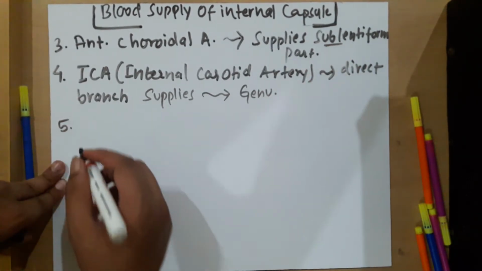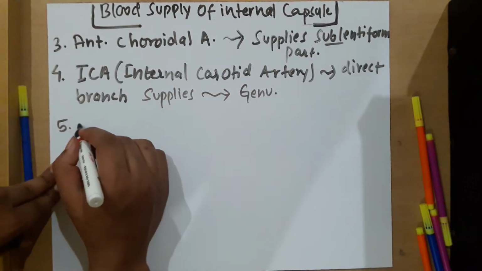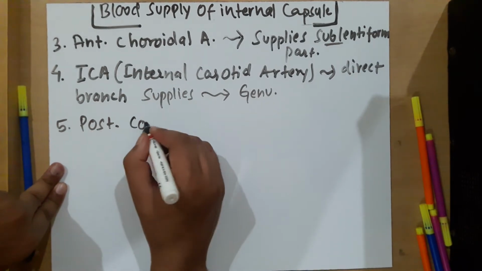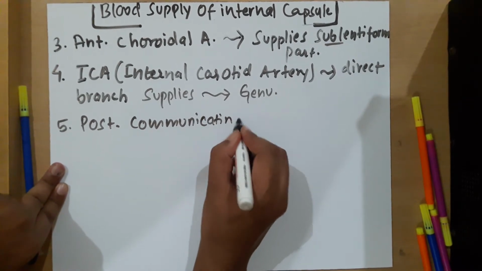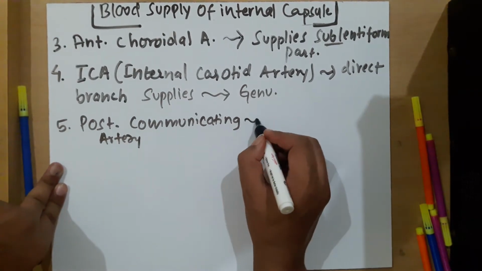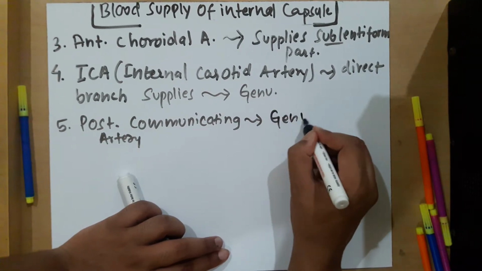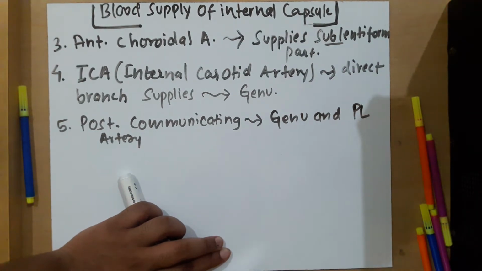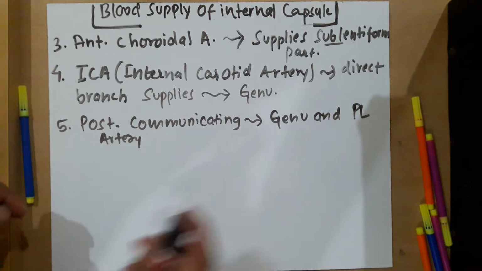This is the sublentiform part, okay, so don't get confused, sublentiform. Then the fifth artery is the posterior communicating artery. The posterior communicating artery supplies the genu and posterior limb. We didn't show this artery in the figure because